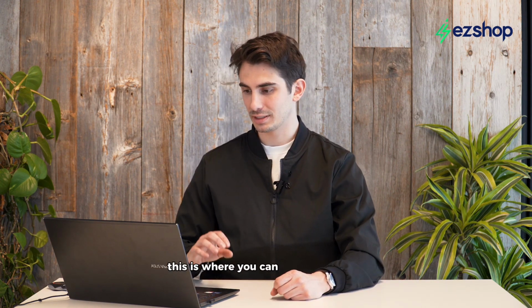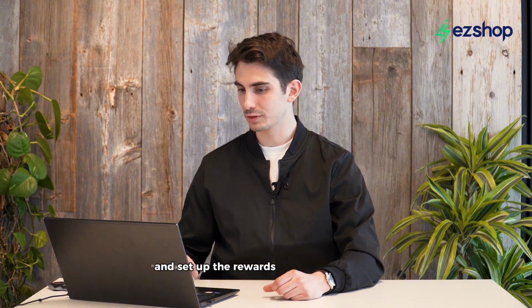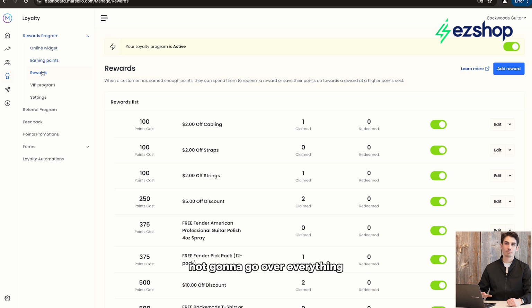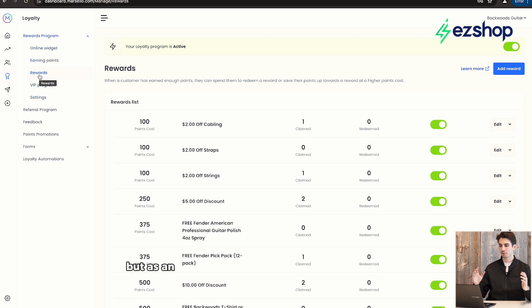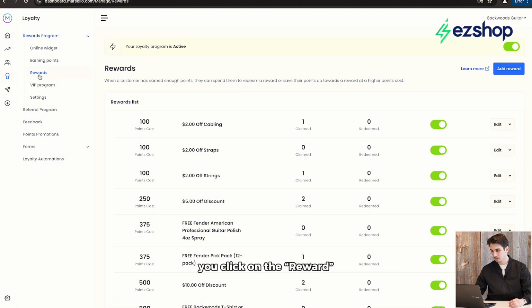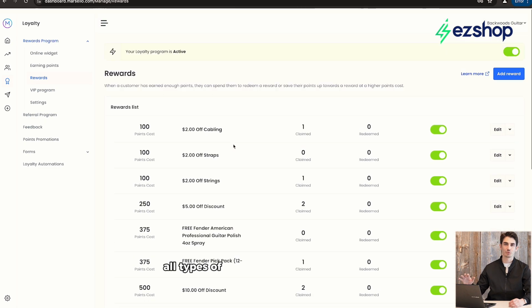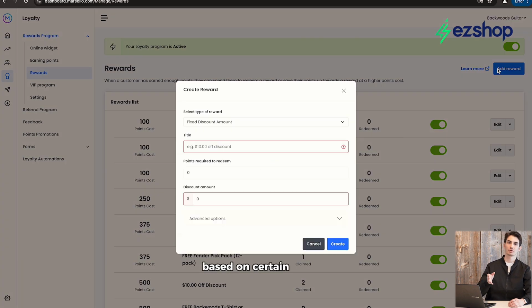Here, this is where you can see the rewards and set up the rewards for your customers. So you click on loyalty and you have many options. Not gonna go over everything. Marsello has a lot of documentation on that. But as an overview, if you click on rewards program, you click on reward, you see you have your rewards list